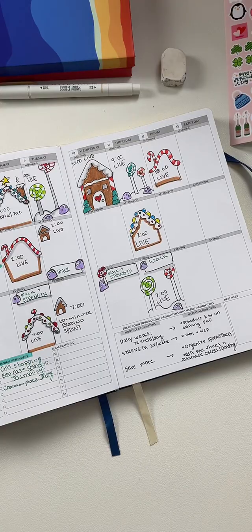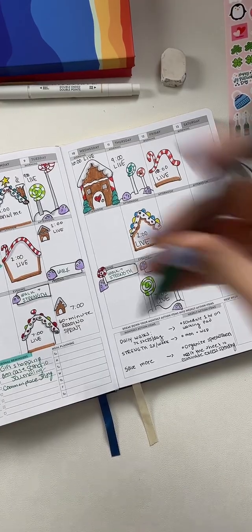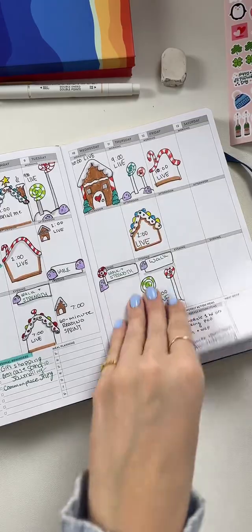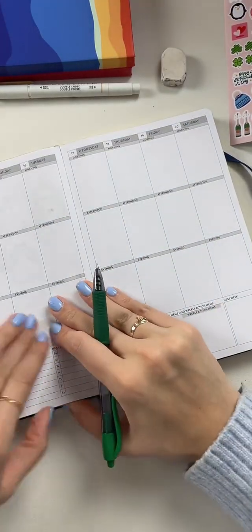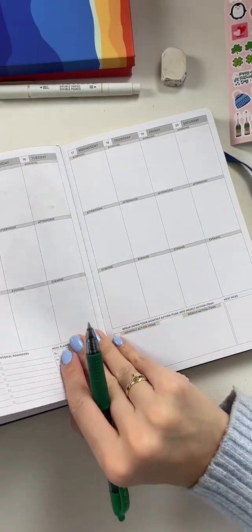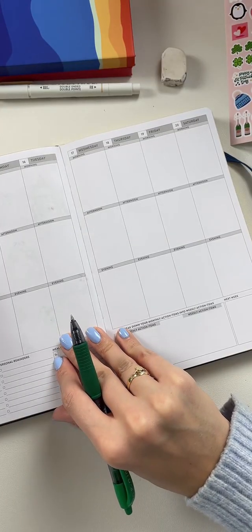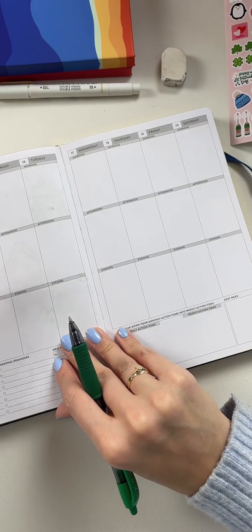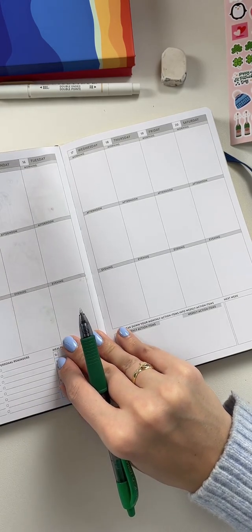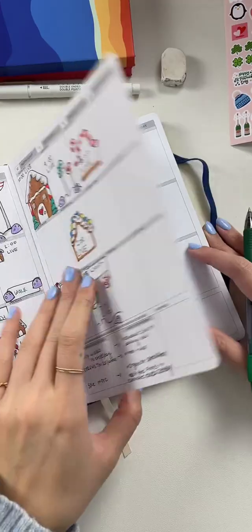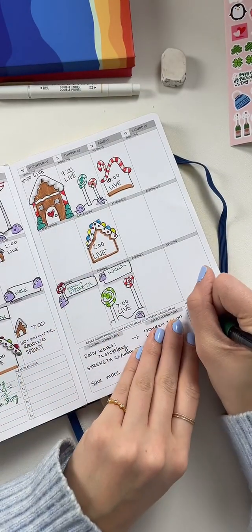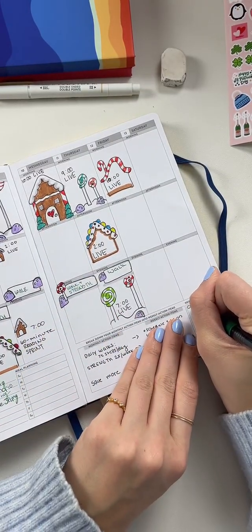So what I'm going to do is for this, I'm going to take the green Pilot G2 pen. I'm going to flip to the next week so I can make sure I have the dates correct. And I'm going to start with the first in order. So 12, I just had a blank. Oh, 12/18 is book club. What else? Oh, classes with Caitlin. Again, I don't know the specific dates. I will get you those, but that's next week.